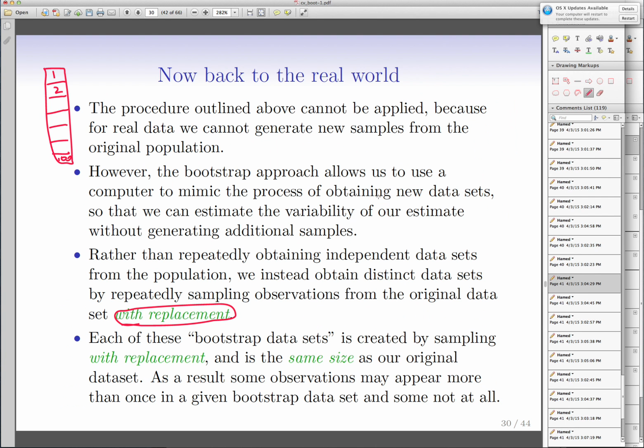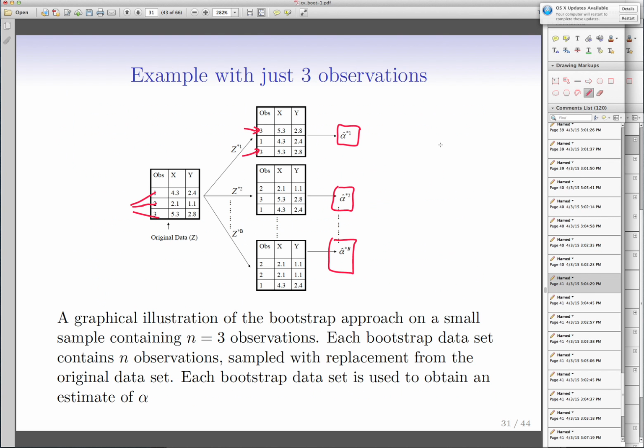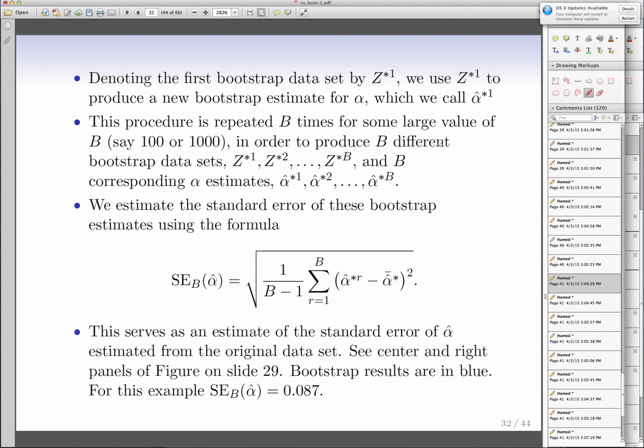Although we didn't have access to God, we just resampled from the same data set we had over and over and over again, and we get the histograms of alphas that we had. First of all, it's not necessarily normally distributed or symmetric. It can have any shape. And when you do that, you can easily find the standard error of